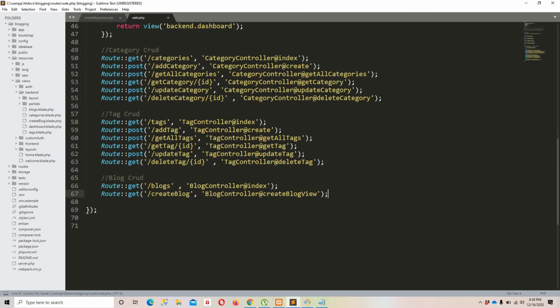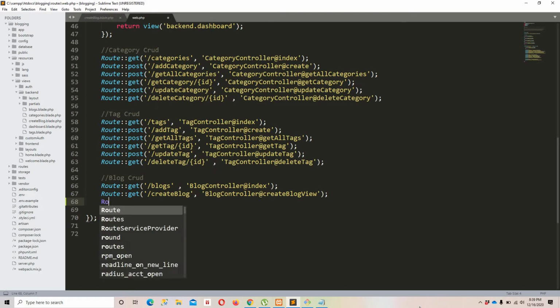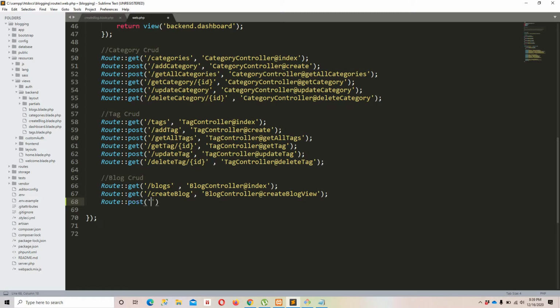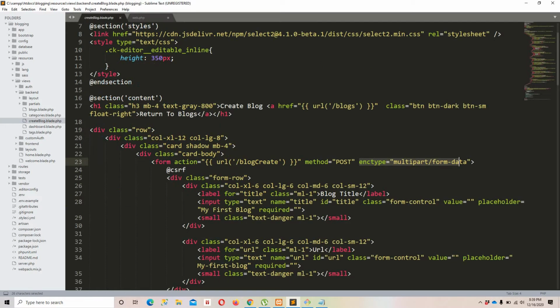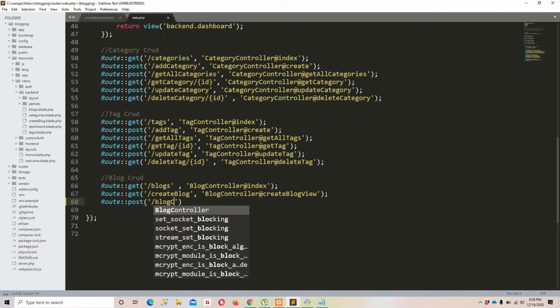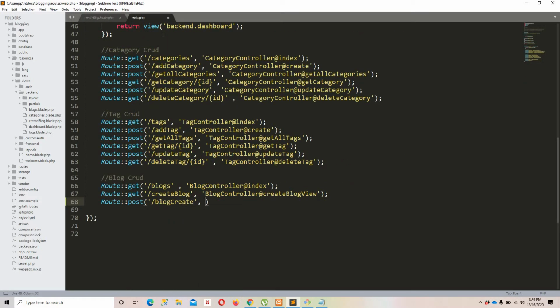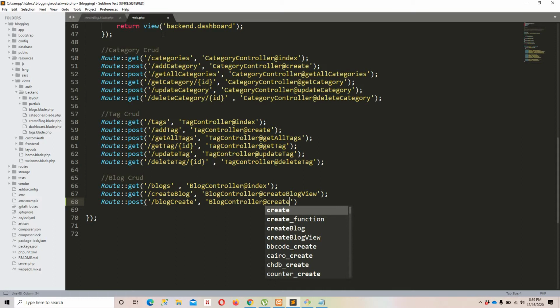Now I'm going to create a route right here because this section relates to blogs related CRUD. Route post, and the URL would be right here, blog create, and I'm going to use this blog controller,